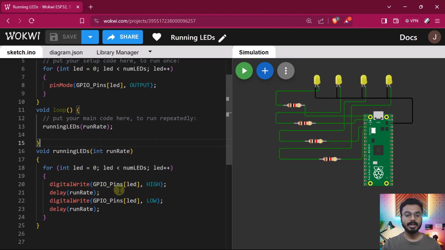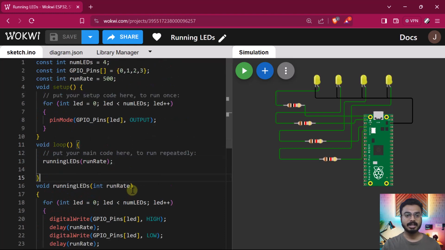So GPIO pins of LED. What is LED? 0. So GPIO pins of 0. What is GPIO pins of 0? It is the first index in the array, which is this one. Okay. So array indexing always starts from 0. Hope you know that. So we are representing the first LED, which is connected to pin number 0, and that